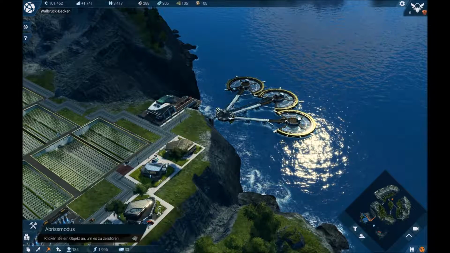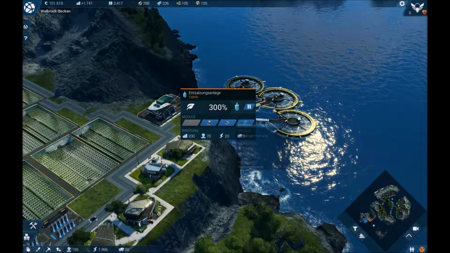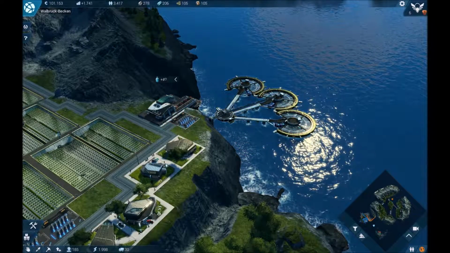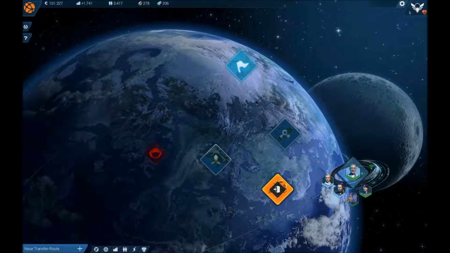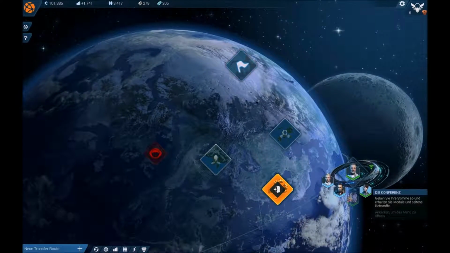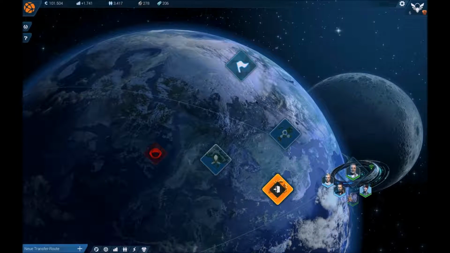So, we can maybe get something right here. Additionally, another thing I found out, if you go to the main menu here, let's see, where is it? Yeah, you have something here called the conference. Once you have access to your...